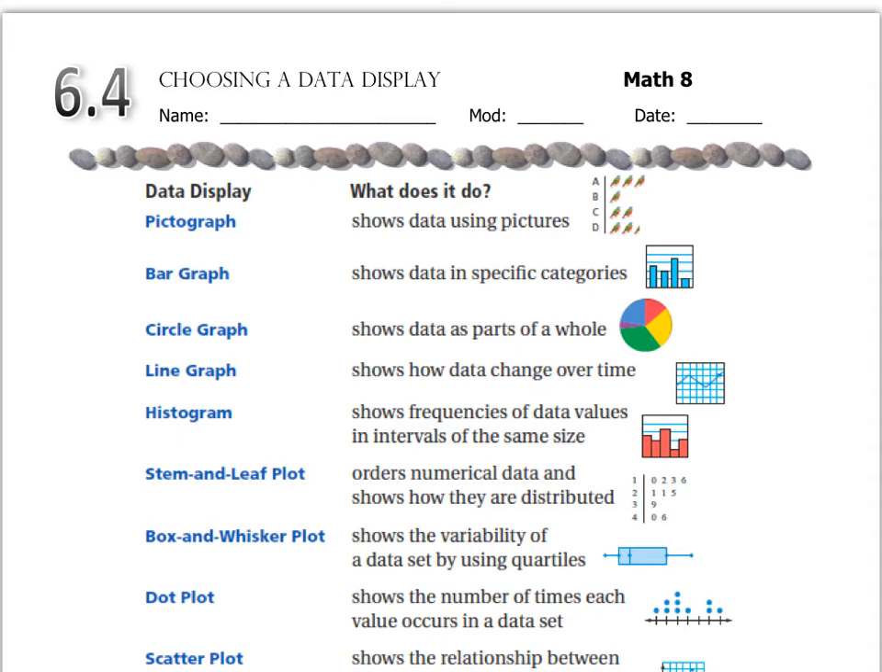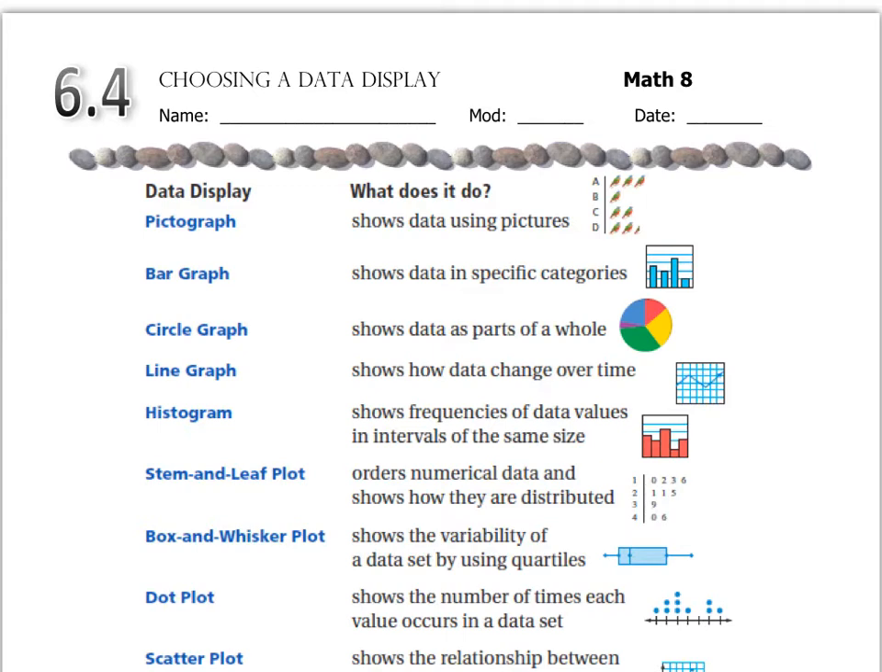Okay, so you know all these data displays, right? This big list. You've learned them all. Great. Now, how do you decide which one to use when? Because in real life, it's not going to say, make a bar graph for this data. It's going to give you some data, and you have to decide which type of graph is the best one